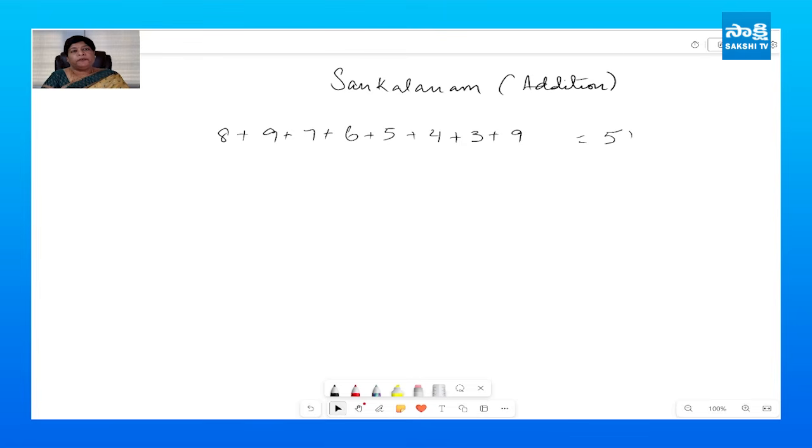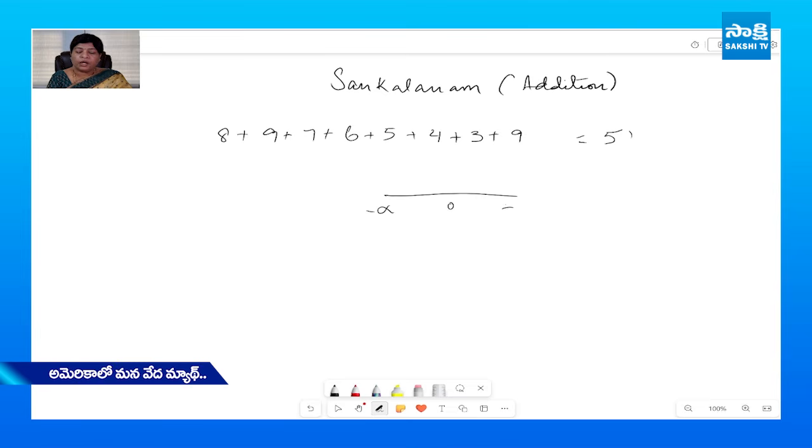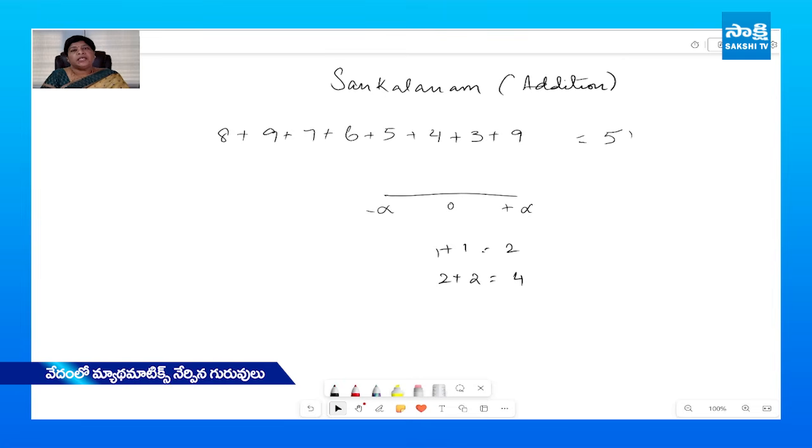We make use of the number line, which starts from, let's say, minus infinity all the way up to plus infinity. It extends all the way up to positive infinity, giving us a wide range of numbers to work with. So let's say we add 1 plus 1 or 2 plus 2. These are very simple and almost take no time to solve, and it's always accurate.